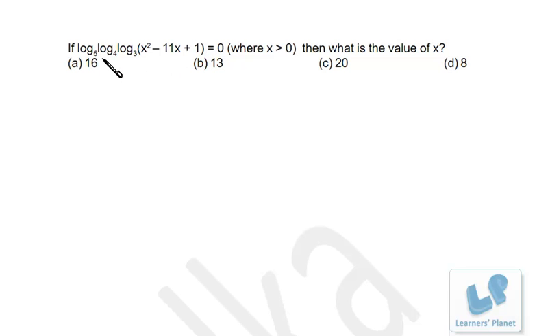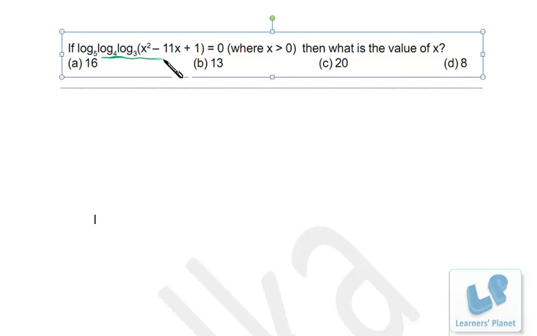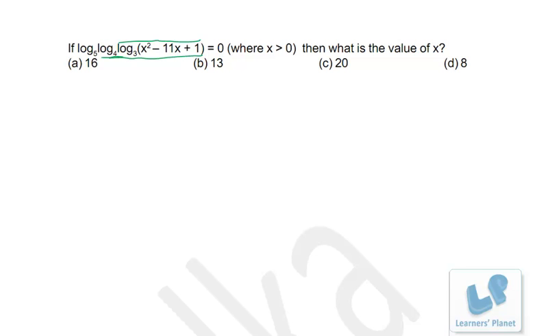That means the value from this value must be 1, because log 1 to the base 5 will be 0, because log 1 is always 0 whatever is the base. That means this value must be 1. Now if it is 1, that means this portion should be 4, because log 4 to the base 4 will be 1. That means if index and base is same, then the value of this expression is 1. So this must be 4.